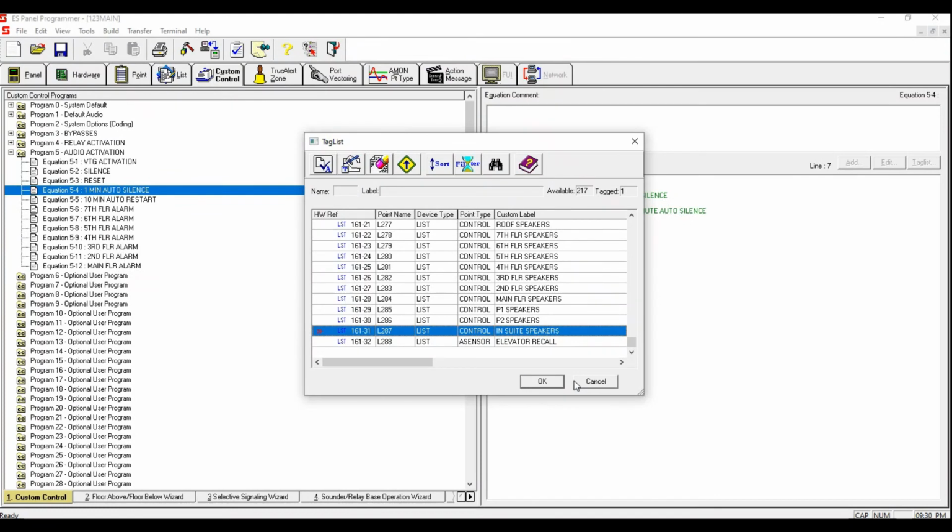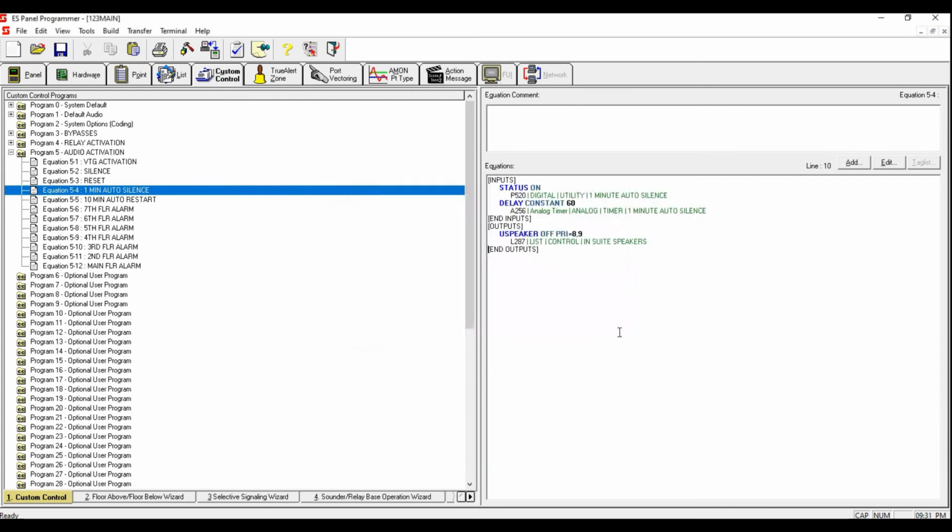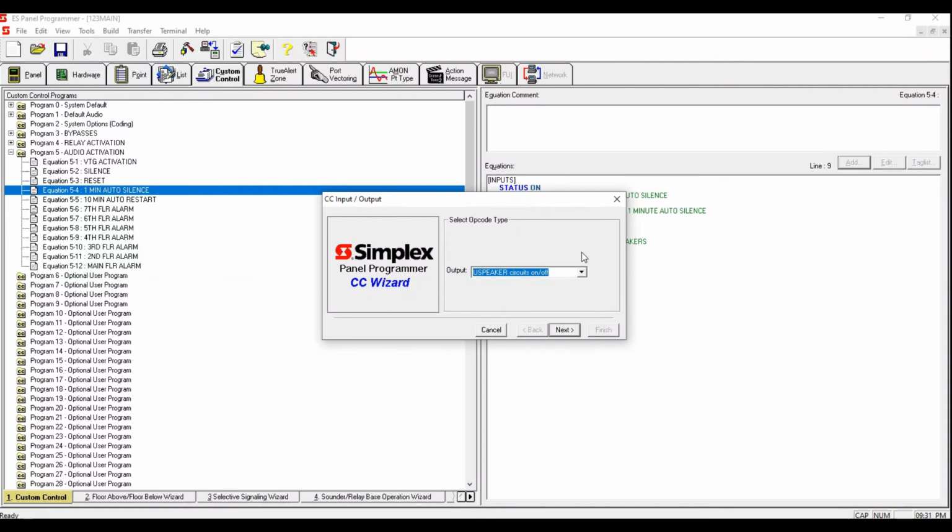So upon activation of fire alarm, 1 minute passed by, all the in-suite speakers go off with exception to the actual floor that is in alarm. That's exactly what's happening. Okay. Next, we're gonna do one more thing over here. We're gonna do hold point